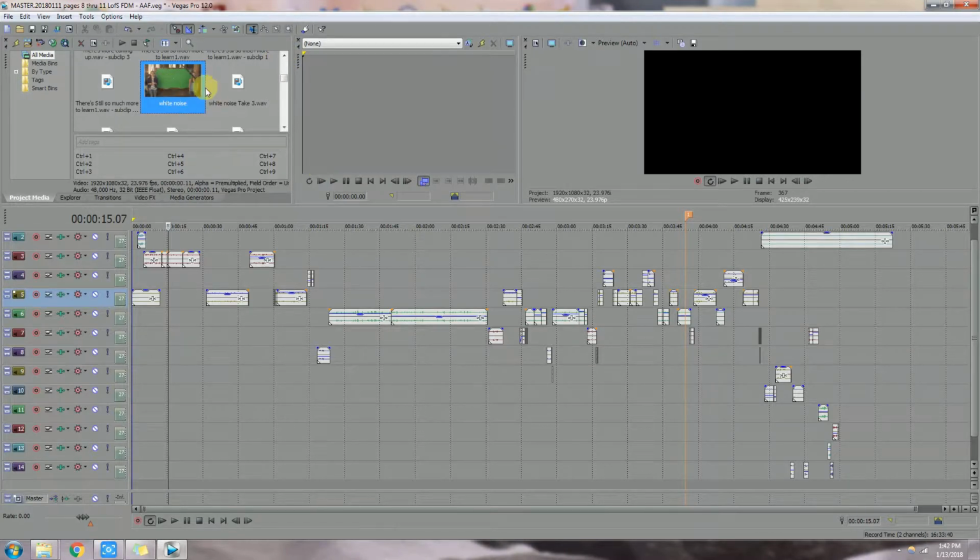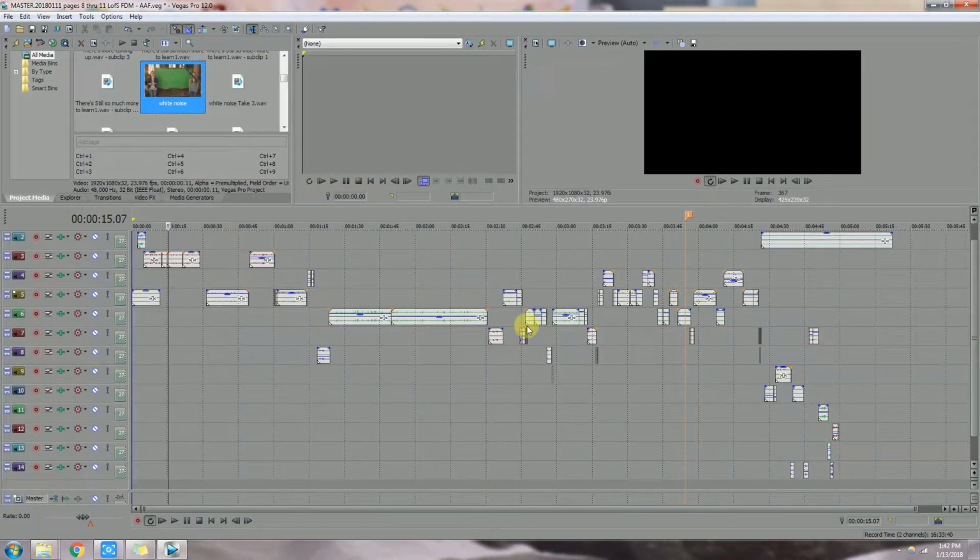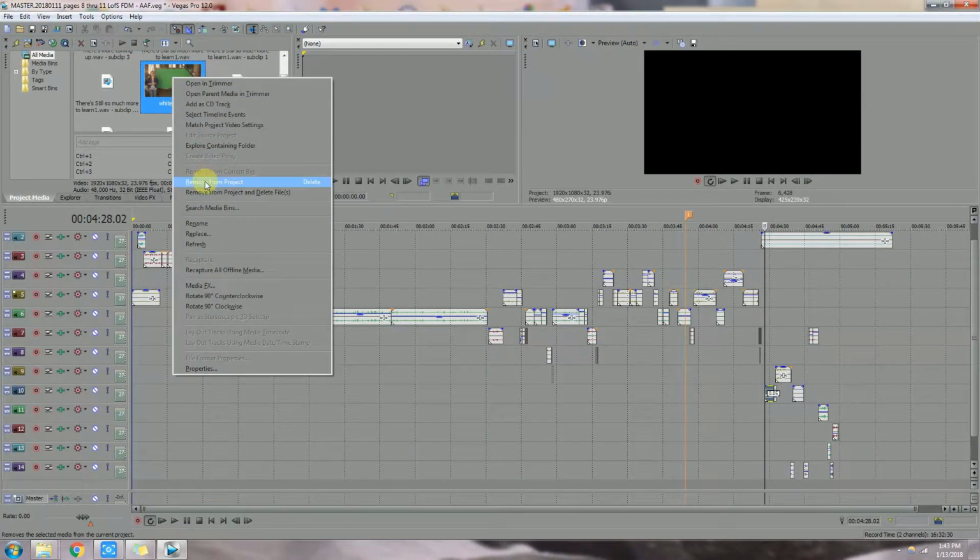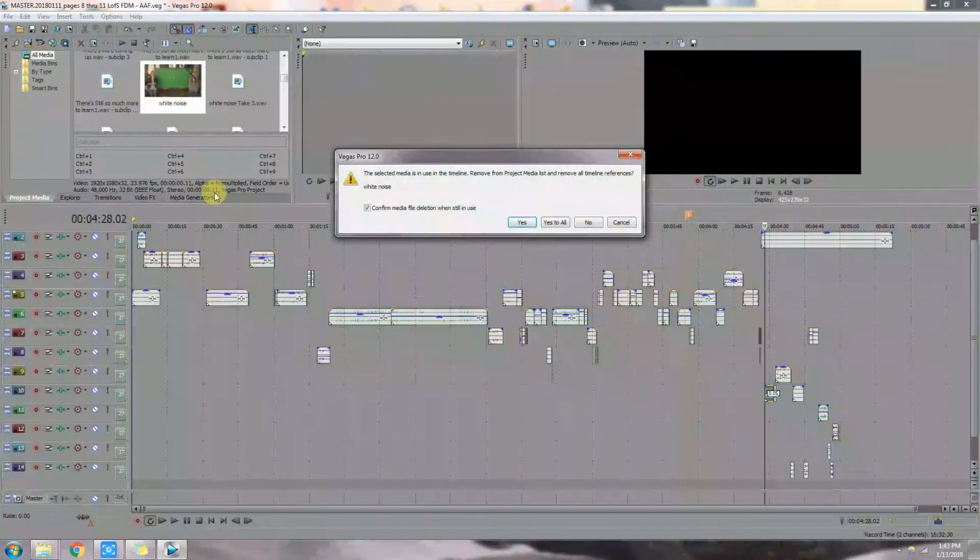If you want to prove it to yourself, you can right click on it and say select timeline events, and you'll see that nothing is highlighted. But if you click on an audio file and say select timeline events, you'll see something light up. To make doubly sure, zoom out of your timeline so that you can see the whole thing, and go to the video file, select remove from project, and it's going to say,